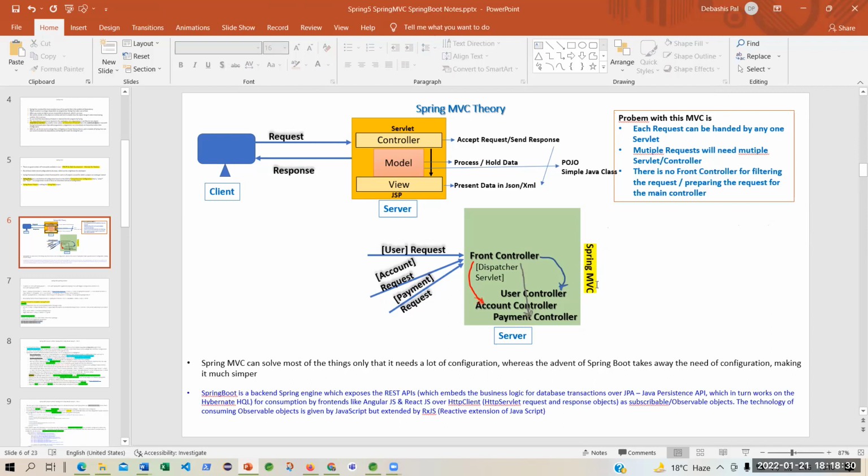Spring MVC is something else. You see, there is a user request, there is an account request, or there is a payment request. Let's say there is a banking application. There is one request to create a user or to have a new account. So that is a particular request. Or there can be a request by a banking customer to create a new account, or maybe he wants to close the bank account, or maybe he wants to